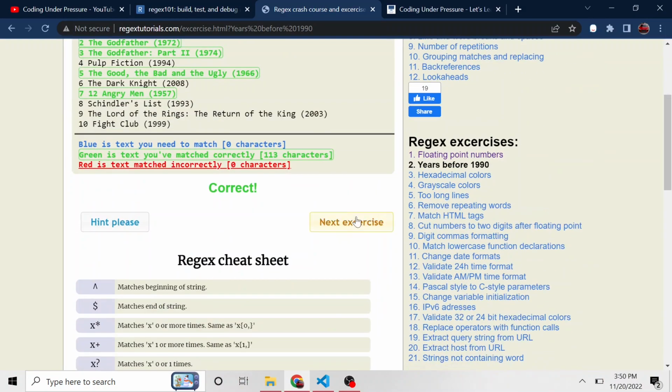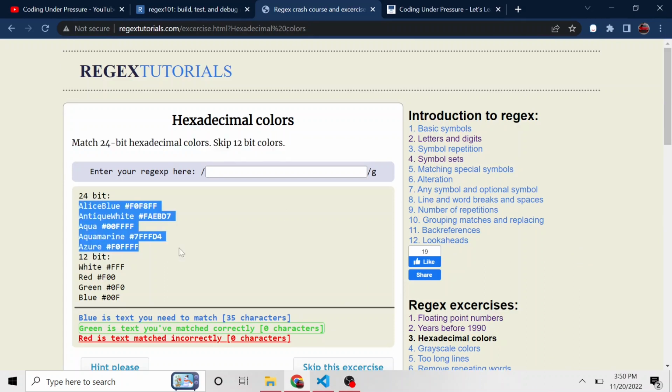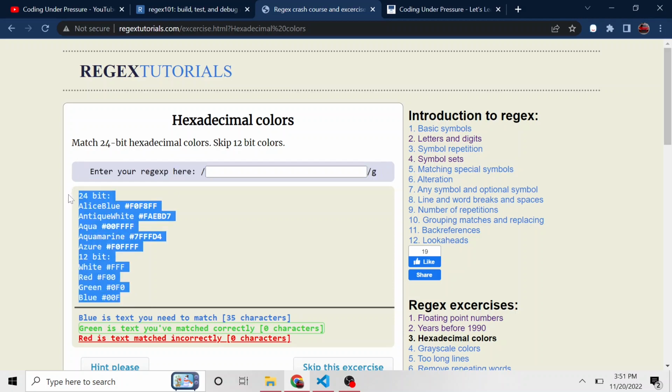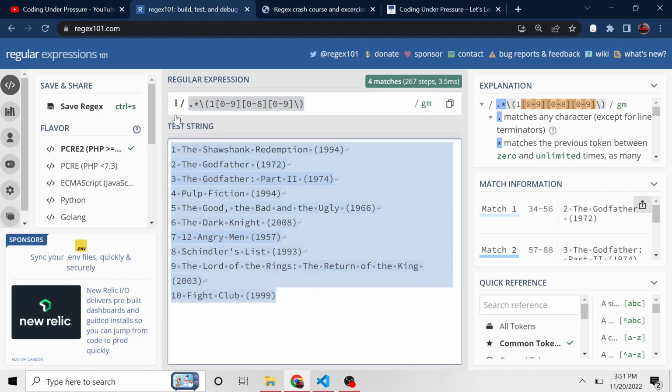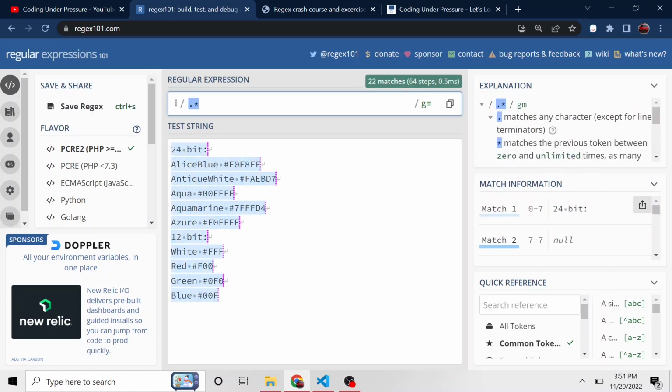And let's just do one more in this video. And then this one, match 24-bit hexadecimal colors, skip 12-bit colors. So these first 5 colors are 24-bit, and the 12-bit have 3 characters, while the 24 have 6. So let's copy these back into our regex 101. And here we're pretty much doing the same kind of thing. We're doing a .* because we don't really care about everything up into the pound symbol or the hash symbol,